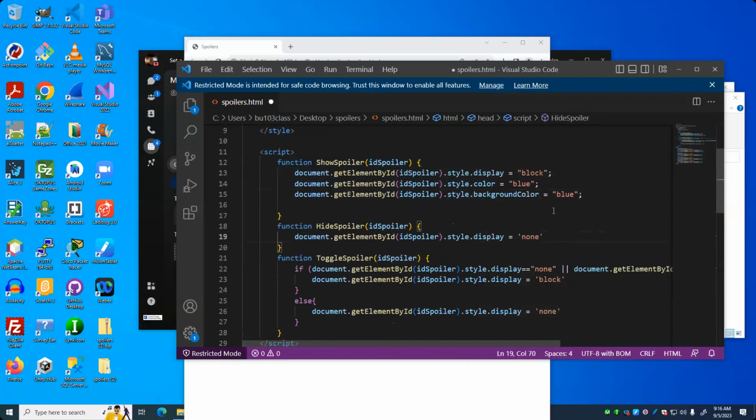We say background color like that, we can set it to yellow, let's say. Notice that when we have multiple words,